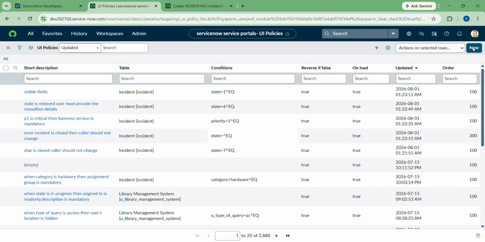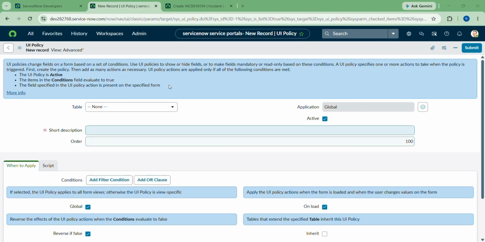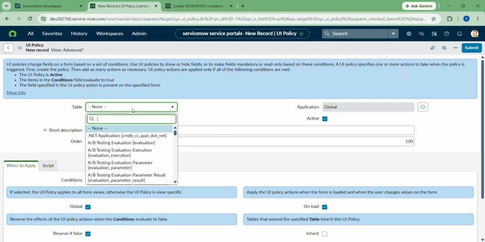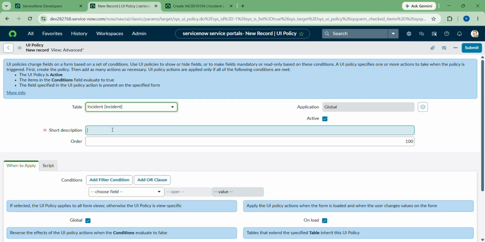So click new. This is the UI policy form. Here I select table as incident table, it is active, and give short description as